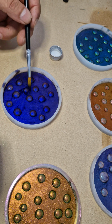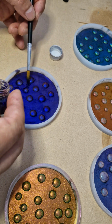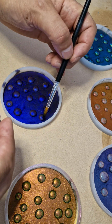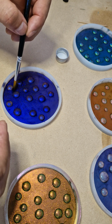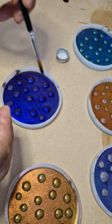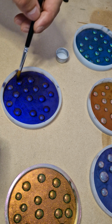And so if you're having trouble knowing what to do with spare resin and you don't have a mold, just make droplets, or even color the droplets themselves and then put them on a mat, peel them all off once they're cured, and then you've got colored ones all ready to go. And then all you do is stick them onto your silicone mold and then just brush the mold, and then you'll have two different colors,